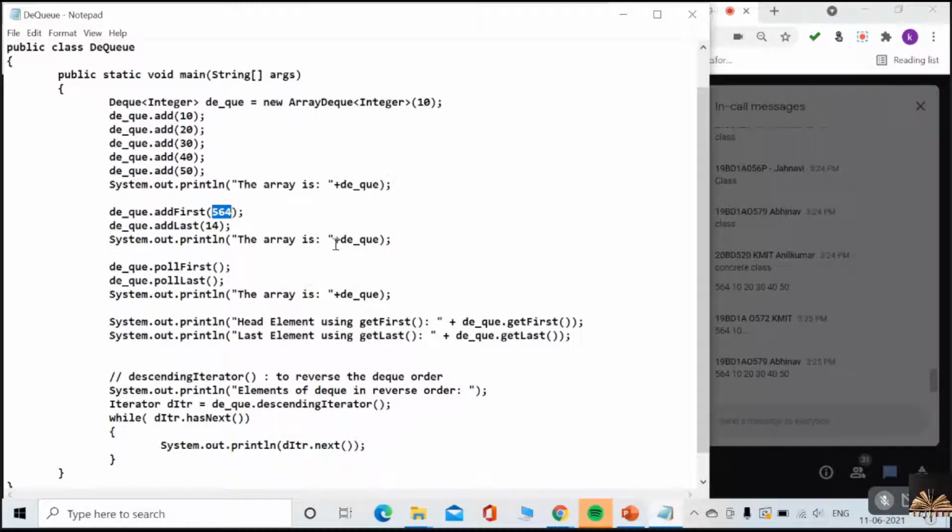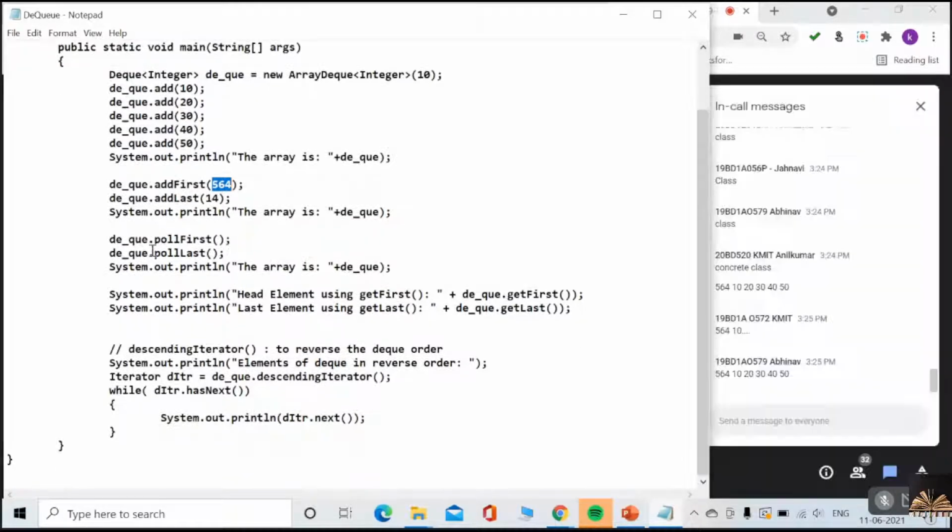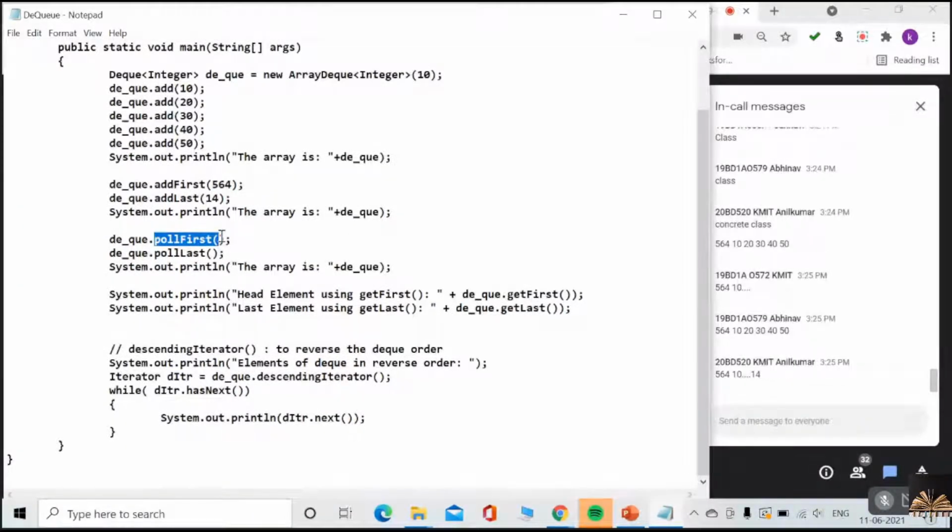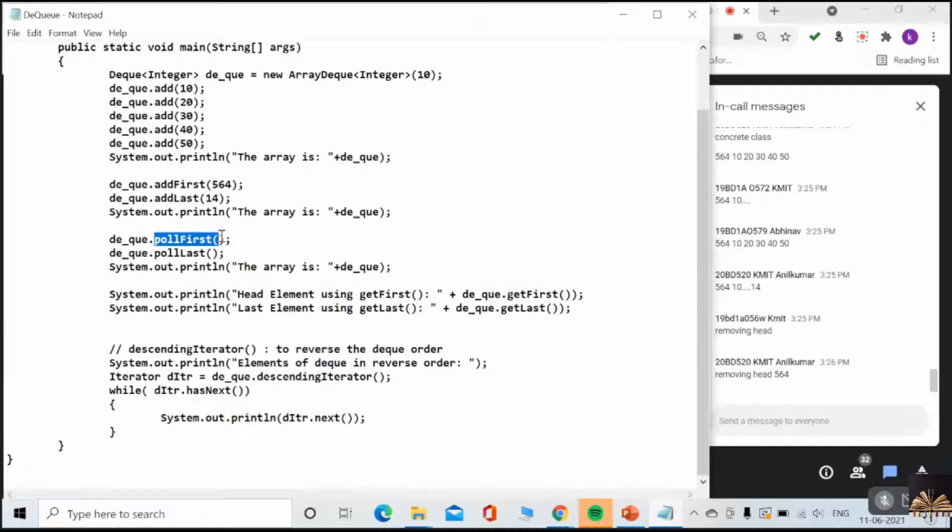And if I poll first, poll will do remove. Yes or no? Poll first means which element will be removed? Removing the head element. Just the head element, 564. Very good.